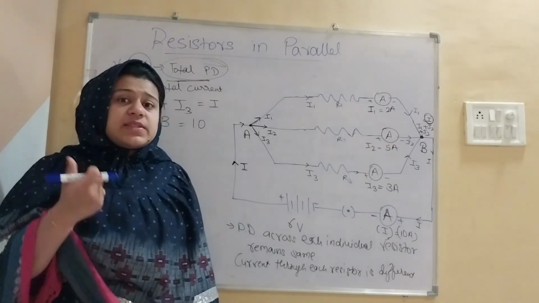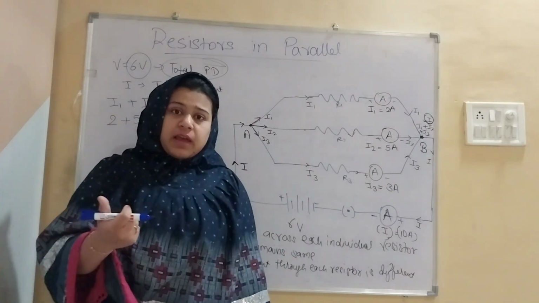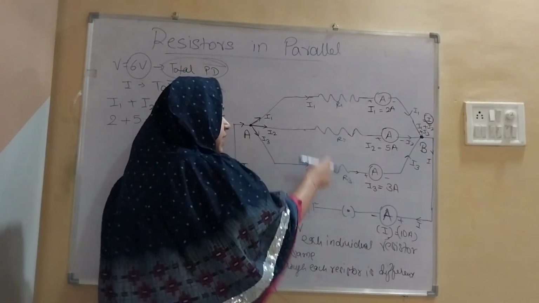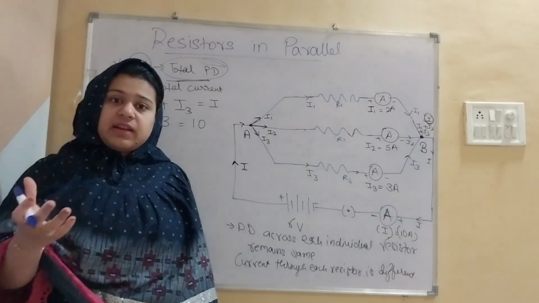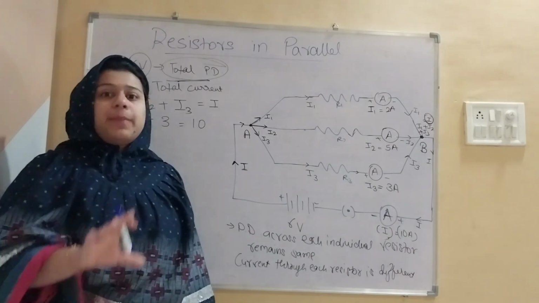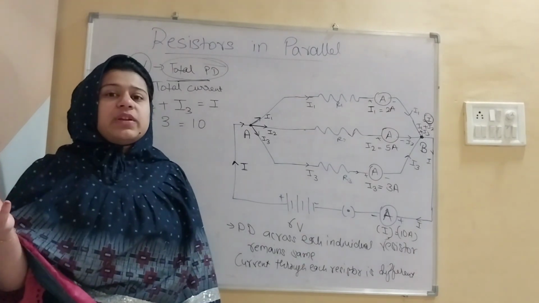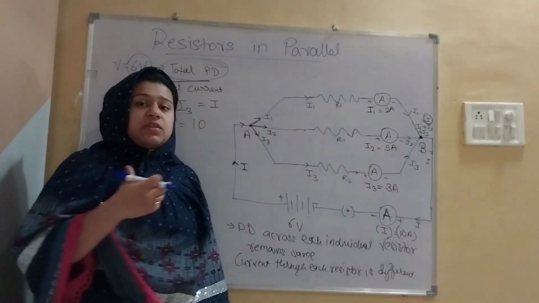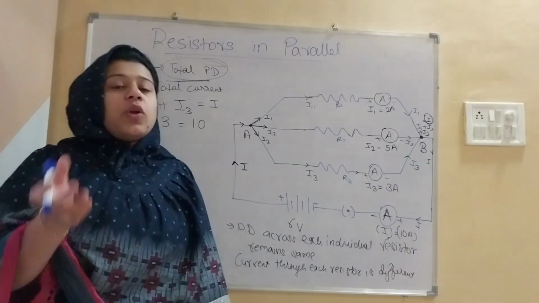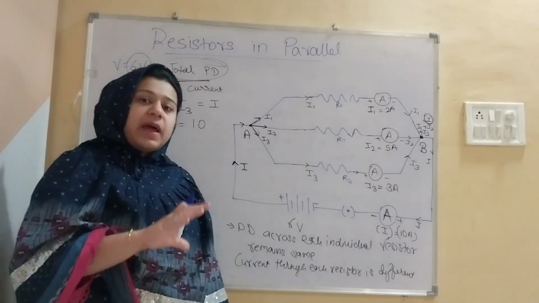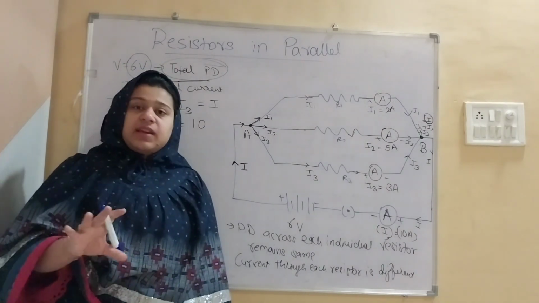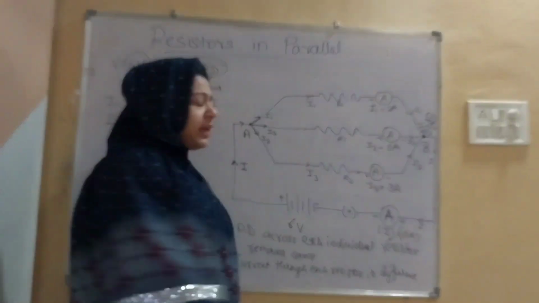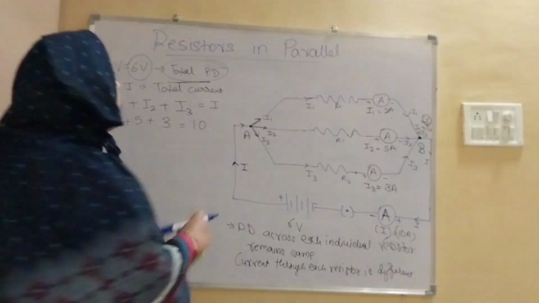ठीक है, जिन रेजिस्टर्स में करंट सेम रहता है वो हम कंक्लूड करते हैं दैट दे आर इन सीरीज, एंड जिन रेजिस्टर्स में करंट डिफरेंट रहता है, अलग अलग रहता है, दैट वी कंक्लूड टू बी इन पैरेलल। ठीक है, हम जब आगे फ्यू लेक्चर्स में न्यूमेरिकल सॉल्व करेंगे तब हम देखेंगे कि कौन सा कॉम्बिनेशन ऑफ रेजिस्टर्स सीरीज में है और कौन सा पैरेलल में है, इसको कैसे डिफरेंशिएट किया जाता है। ठीक है, मूविंग ऑन टू द डेरिवेशन। अब हम करेंगे डेरिवेशन फॉर द रेजिस्टर्स इन पैरेलल।